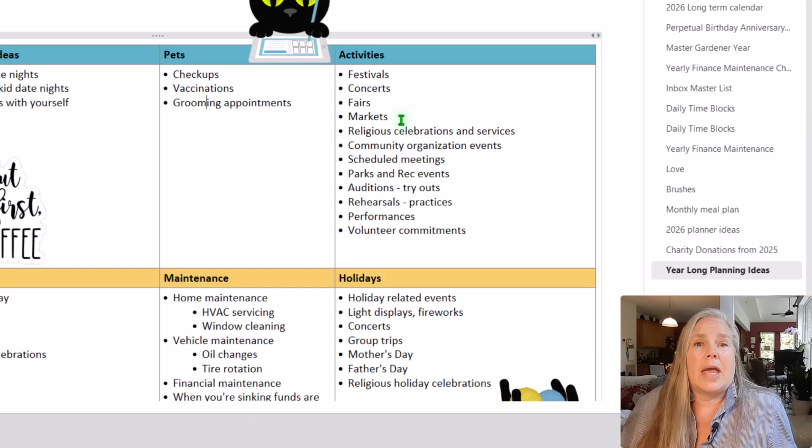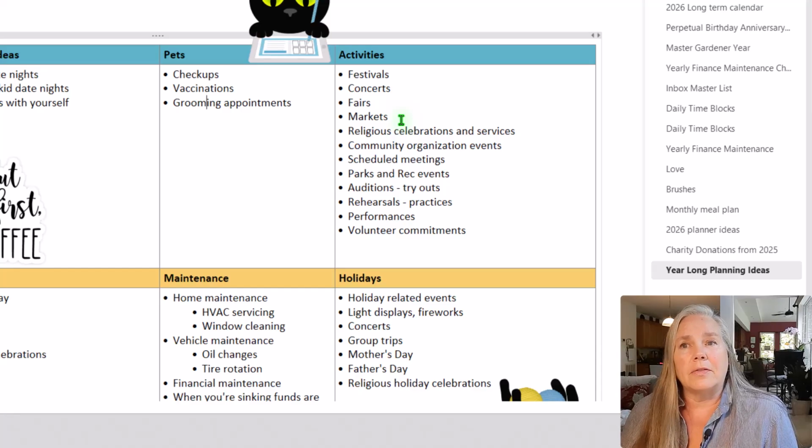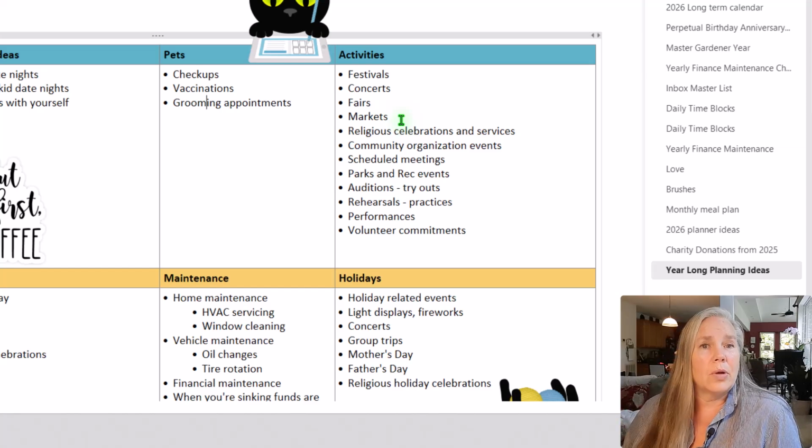Okay. We have a book festival near me, and I put that on my calendar every year. It often conflicts with a trip that I take on a yearly basis, but from time to time they move it to a different weekend, and sometimes I'm able to go. So I always want to make sure that I list those things on my calendar so that I don't miss them if I really am in town and have time to do that.